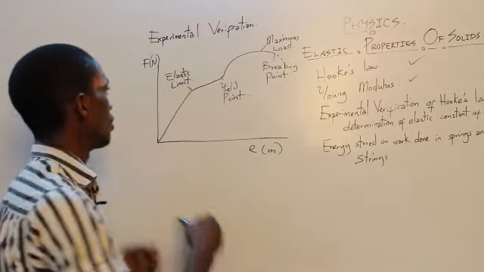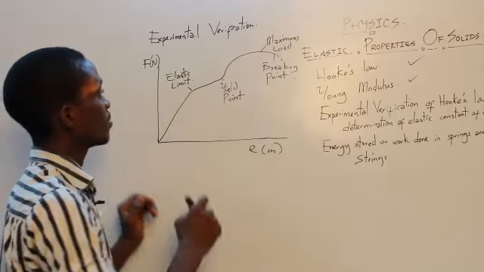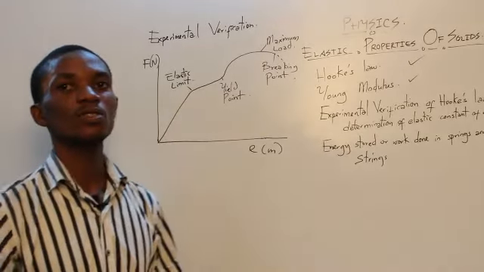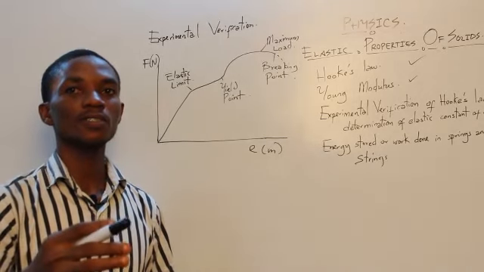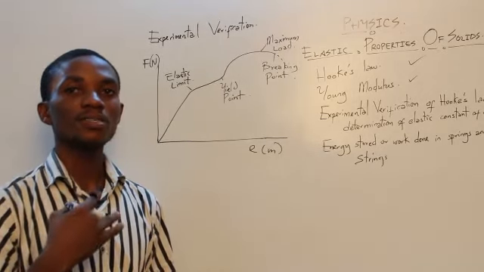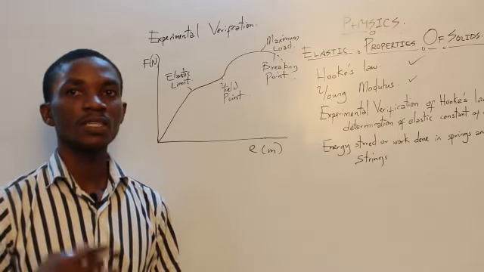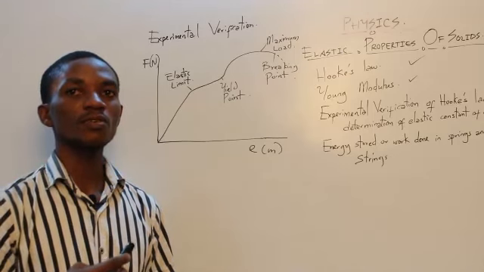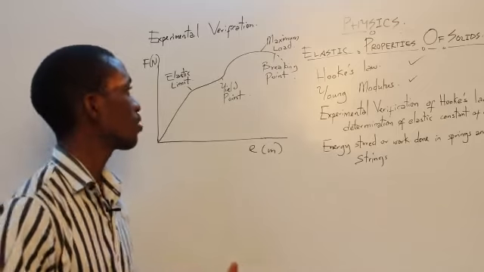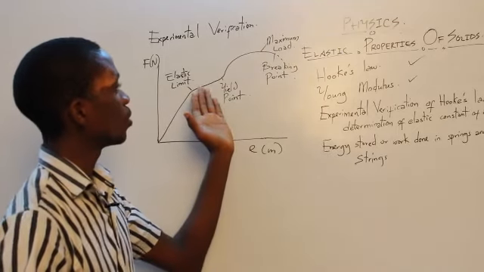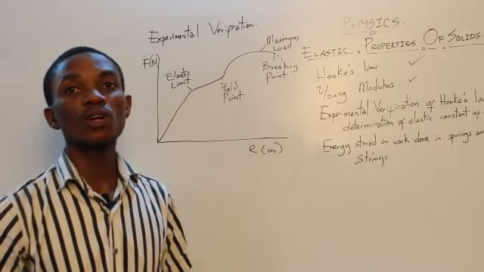You have the elastic region, that is from the origin to this elastic limit. Now the elastic limit is the point after which the material no longer extends uniformly. The extensions that it will now start giving would be smaller compared to what it used to be, and this would maintain itself during the yield region. But at the yield point, the material will no longer